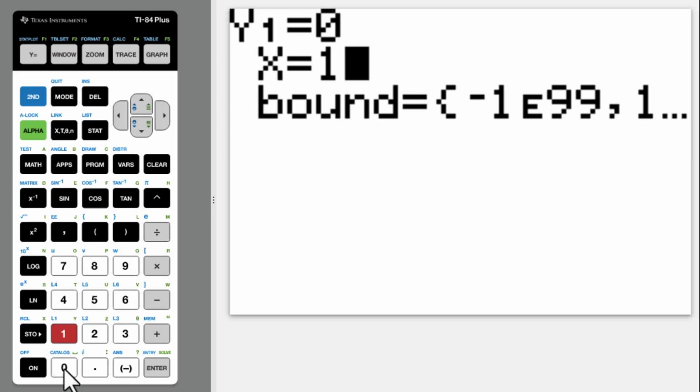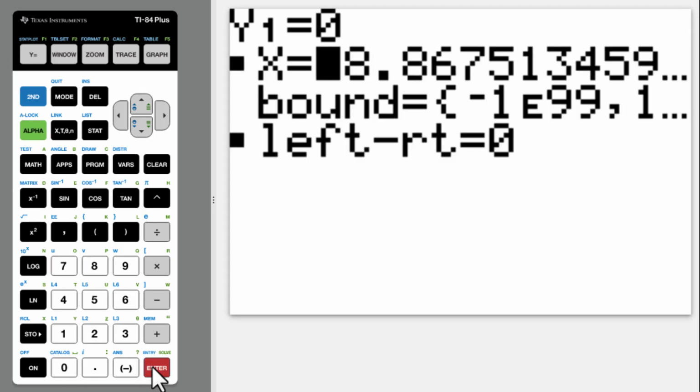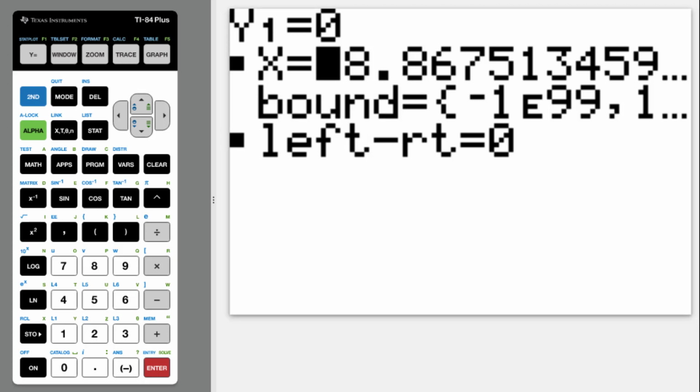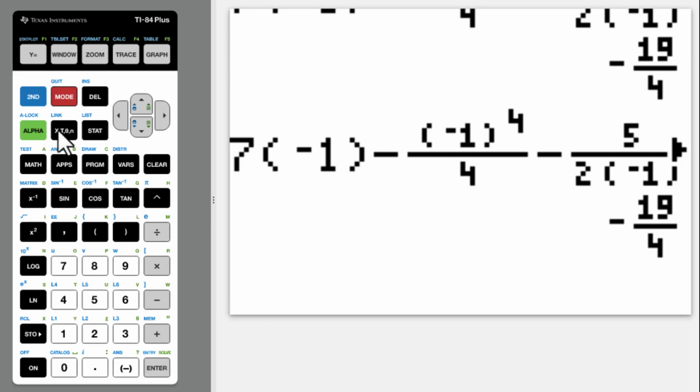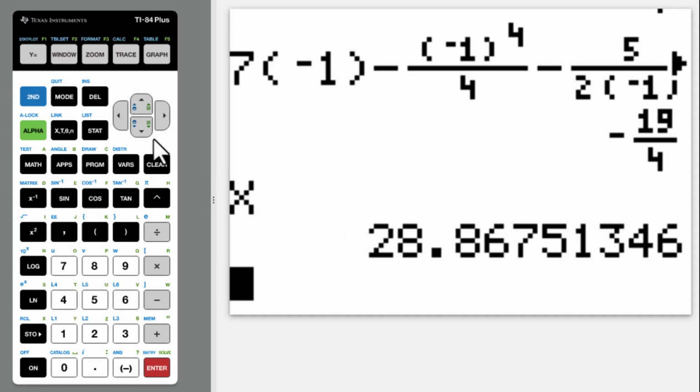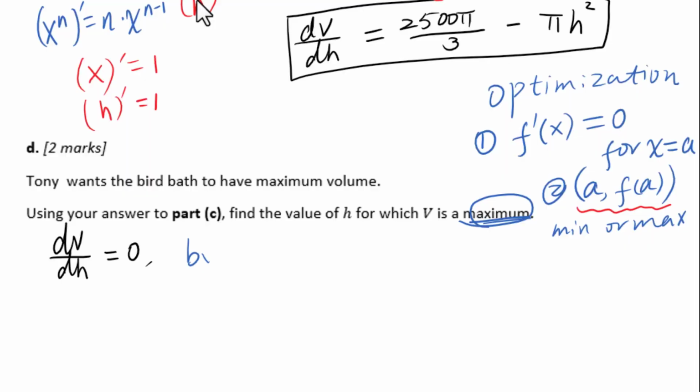Estimated value, let's use 10. Alpha, enter. 28.9 as 3 sig figs. You can pull out this answer by pressing X on the main screen. In this way, you could see the exact value of X. By solver, H equals